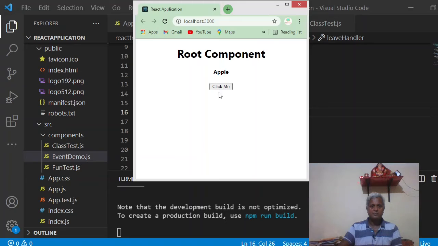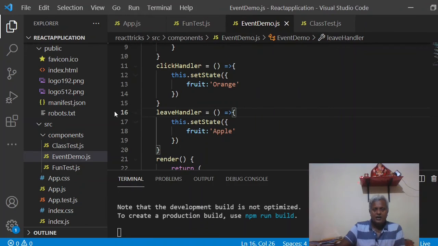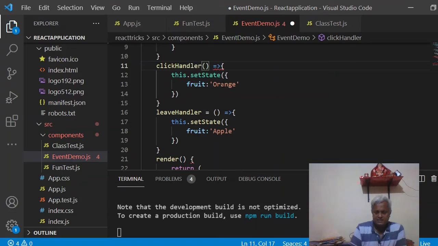So orange, apple, orange, apple, orange, apple, like this. This is called an event. Like you are eventing, you are adding the event, and then with the help of functions. Now the question is, I'm using this ES6 style. If I don't use this ES6 style, suppose I say that this is a